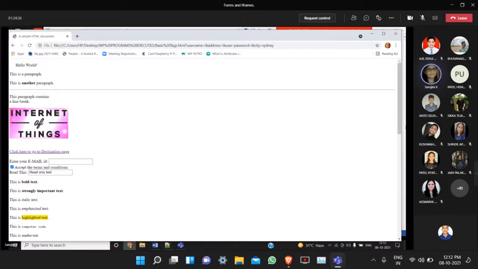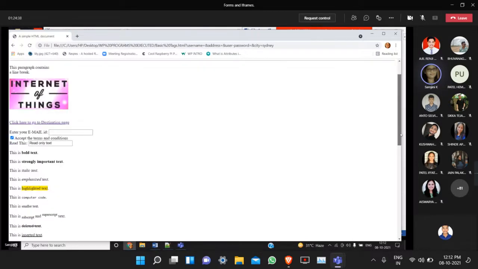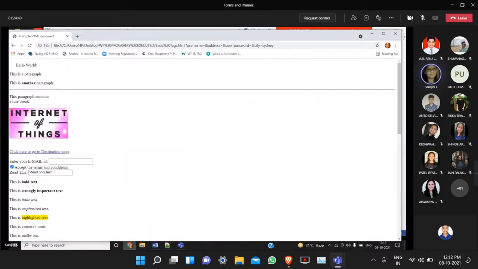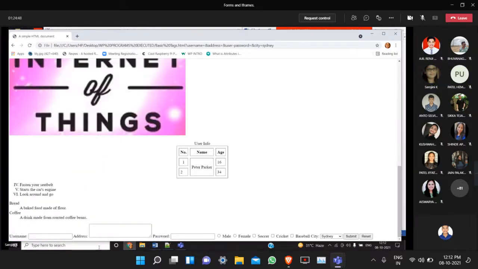Now after I click the submit button, it stays on the same page. I am entering some data here, but that's useless because I did not connect it with JavaScript or so.